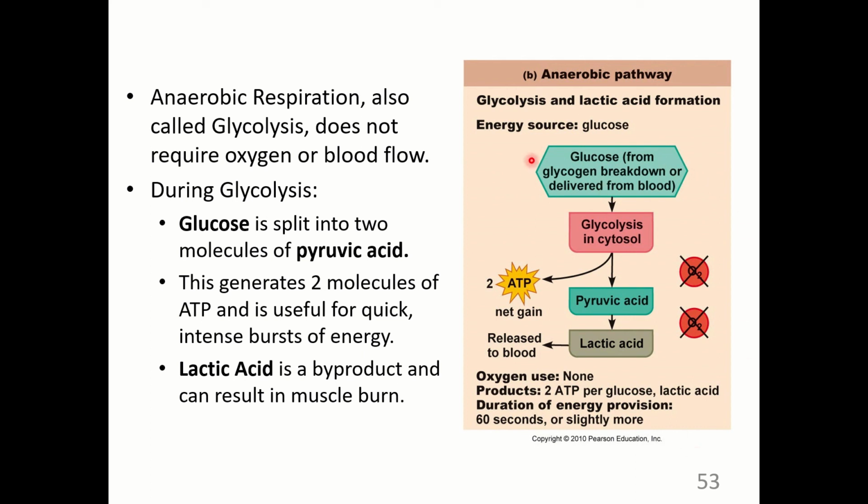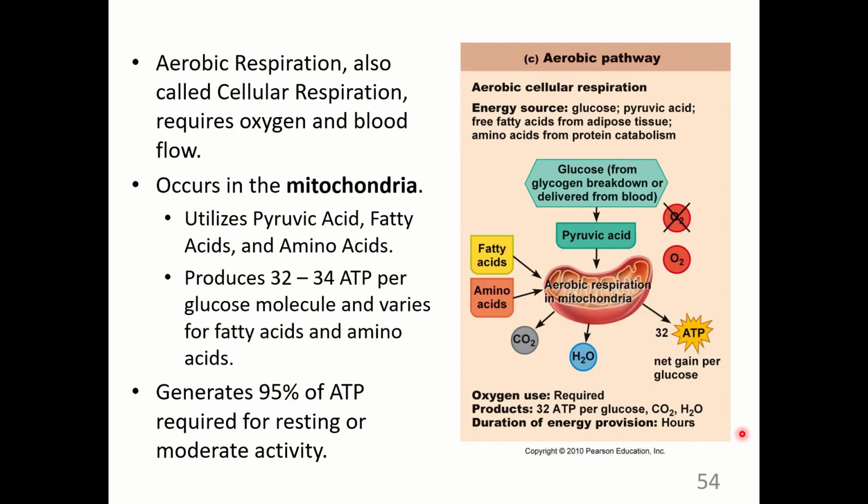This illustration shows that glucose from glycogen breakdown or delivered directly from the blood sugar is going to undergo glycolysis, which is the breaking apart of the glucose into two molecules of pyruvic acid. So we already generate 2 ATP. If there's no oxygen present, then the pyruvic acid will be fermented into lactic acid and released into the bloodstream. If oxygen is present, then the aerobic pathway will